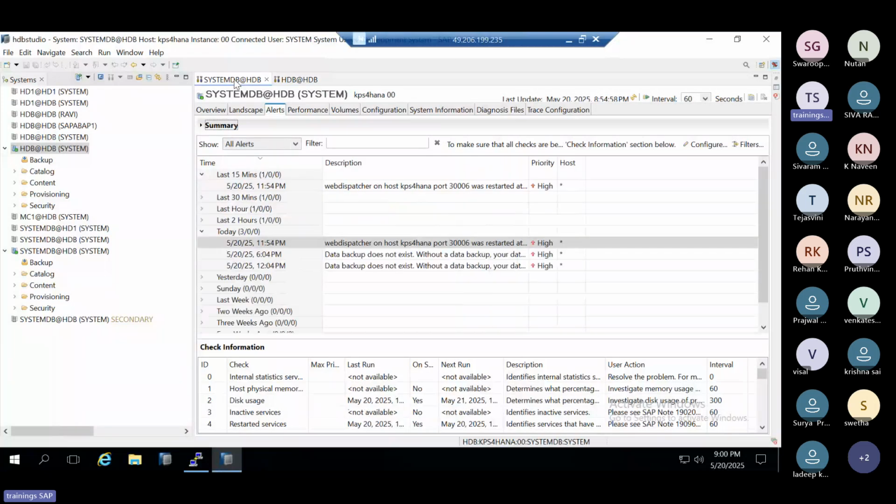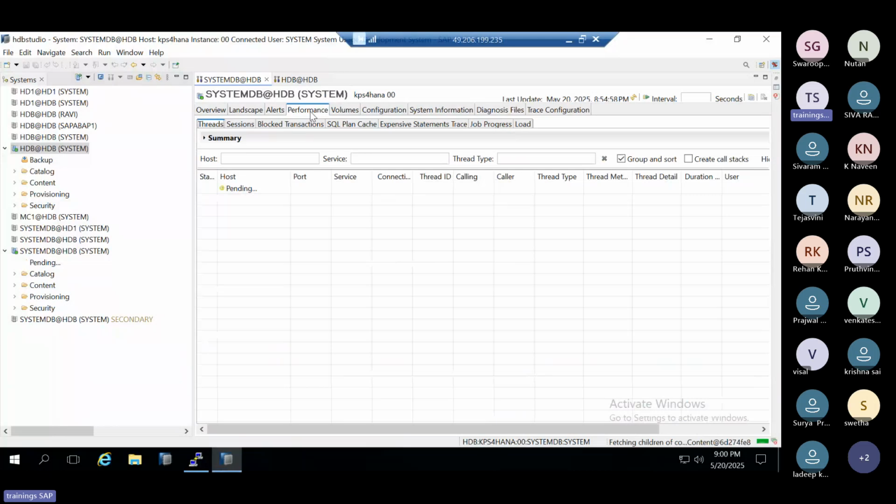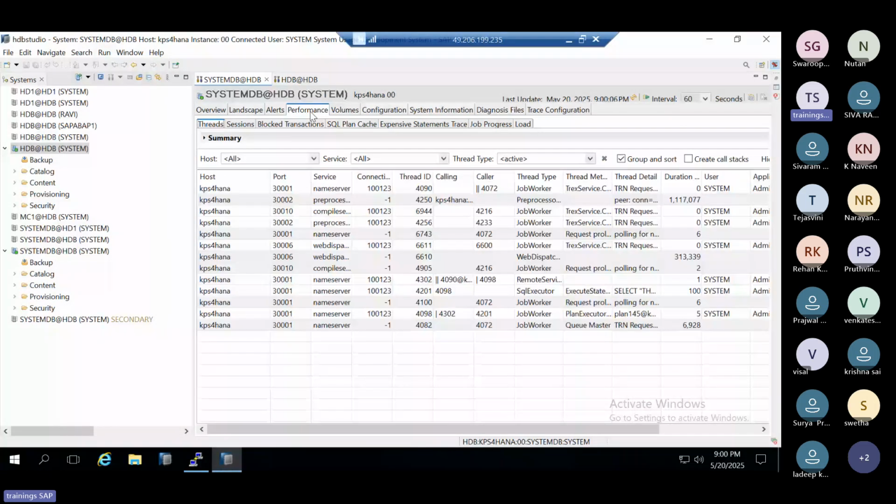Okay, so this is the alerts tab. The next one is the performance tab. It's a very, very important tab, the performance tab here. Okay, so why? Because